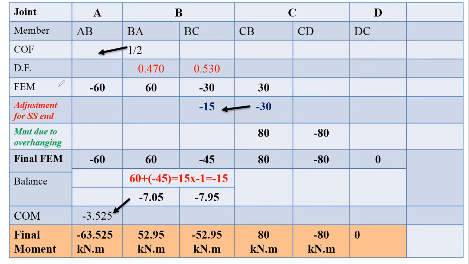So write down the fixed end moment. So M bar AB minus 60, plus 60 for BC span, minus 30, plus 30. That is done. So this is the usual practice. Now next, we have to make two corrections here.